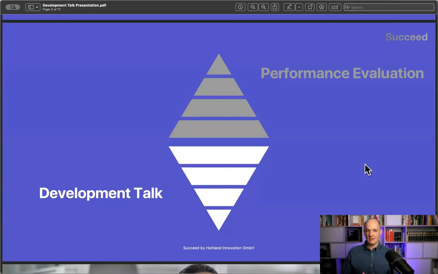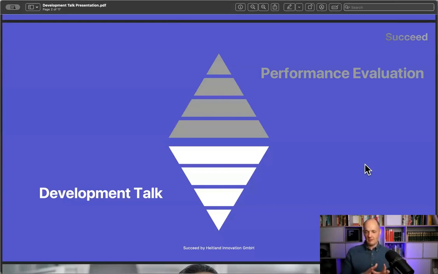And normally what organizations do, they start with the performance: these are the goals we need to fulfill as an organization, please do this. I do this the other way around. I look into where you want to be as an individual. How do you want to grow? And then we match this to the performance, to the needs of the organization.